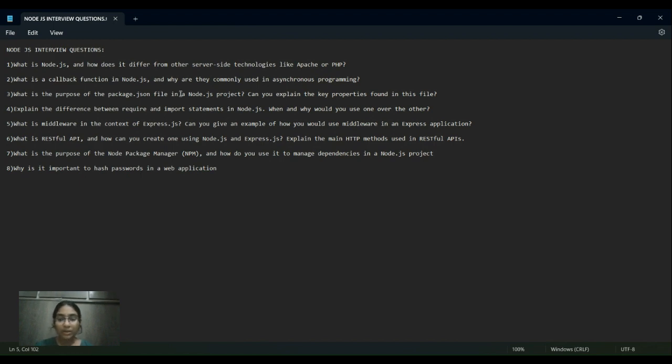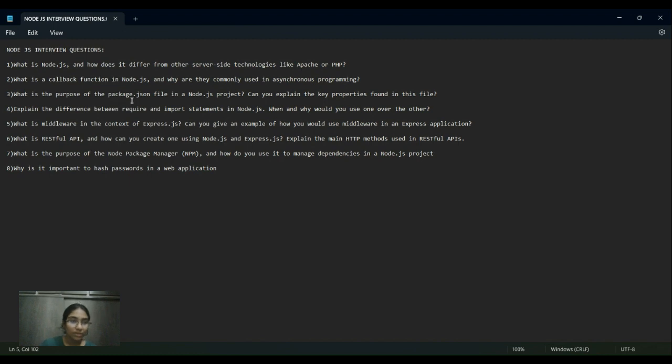It has a few purposes: dependency management, version control, scripts, and metadata. The metadata contains information about the project, such as name, description, author, license, and many more. In the scripts we can also make use of npm commands, and the versions are also visible in it.